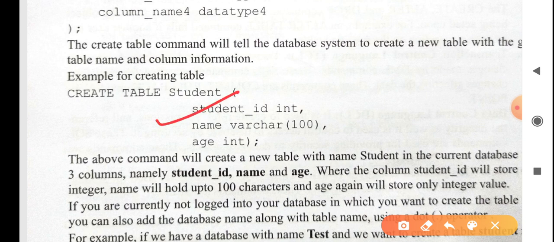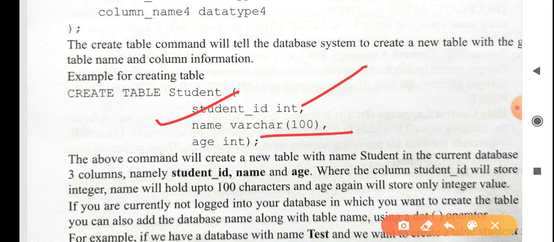According to the example, we can see a table is created with three fields, or three attributes. The first attribute is student ID, and the data type of the student ID, obviously a number, will be integer. The second is name. In the name you will enter alphabets, so you use the varchar command, and 100 is the length of the name that you can enter in the field.